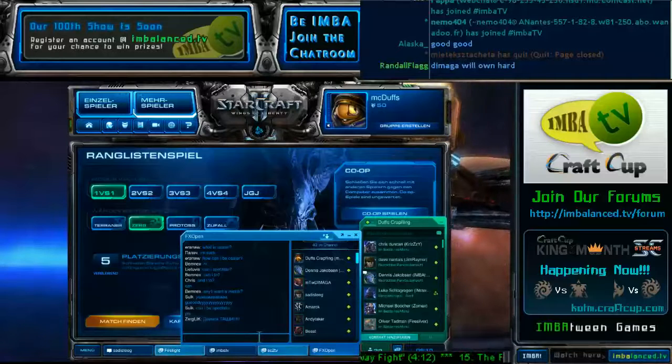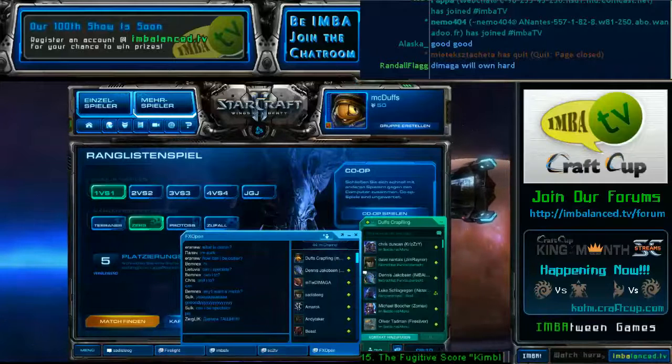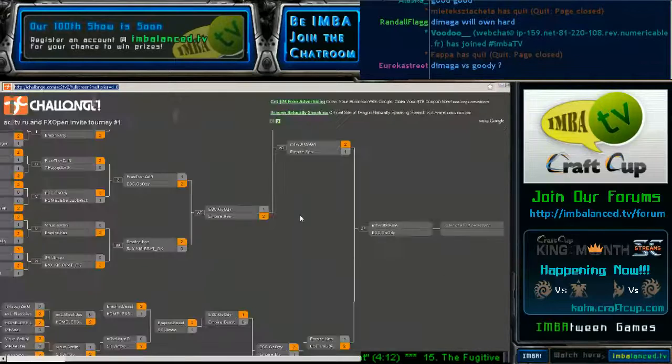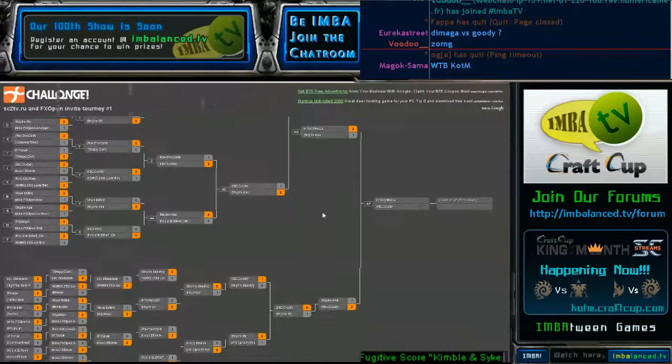Oh, here he is. Fire Silver. He was just on mute. So let's go ahead and take a look at what's going on in this bracket here. So it's going to be Damaga against